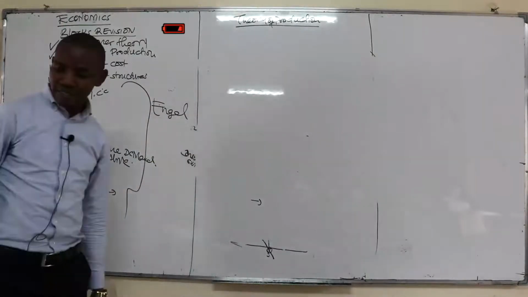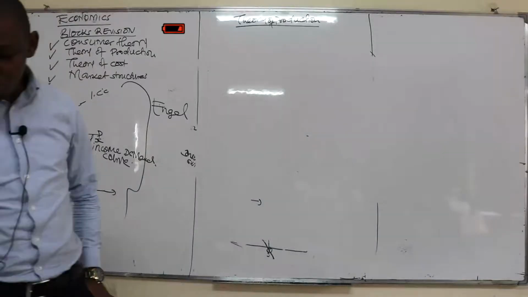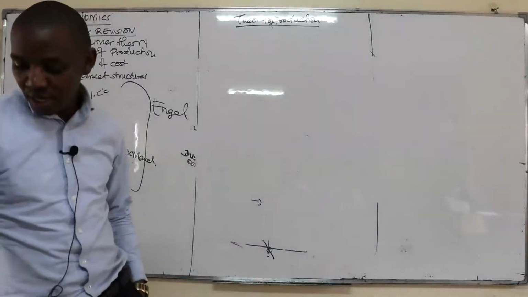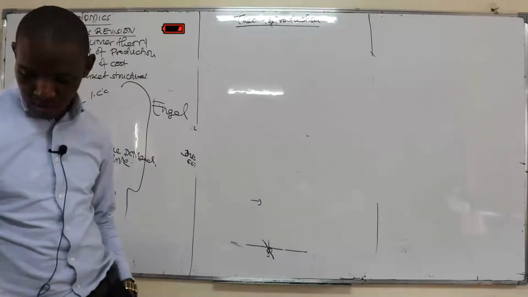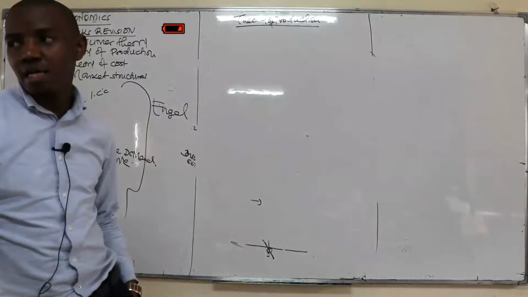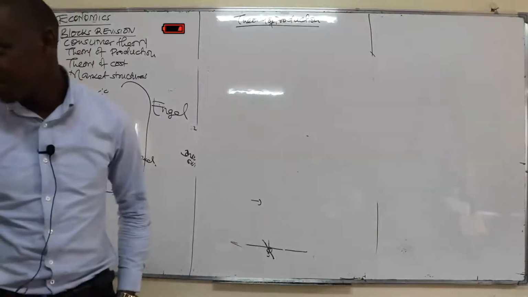And then the last thing you need to understand is the firm's expansion path and the law of diminishing